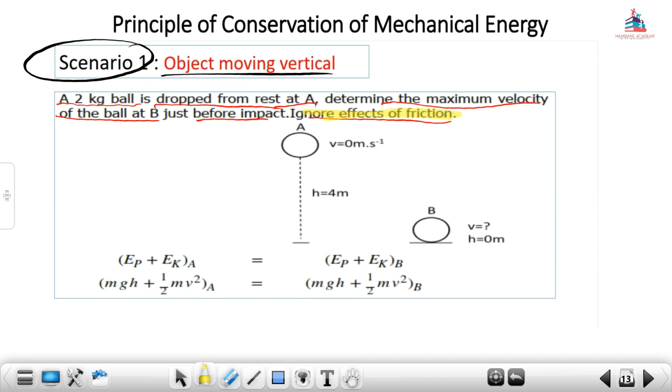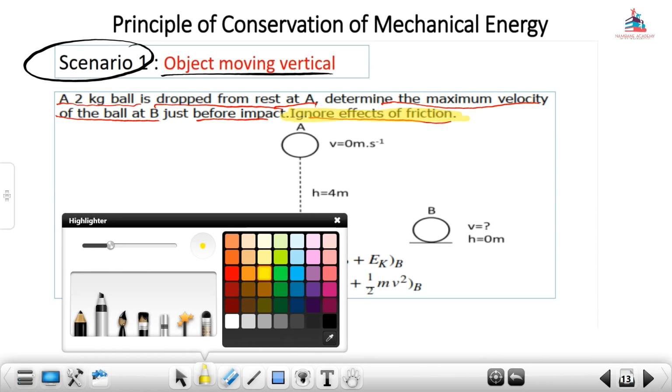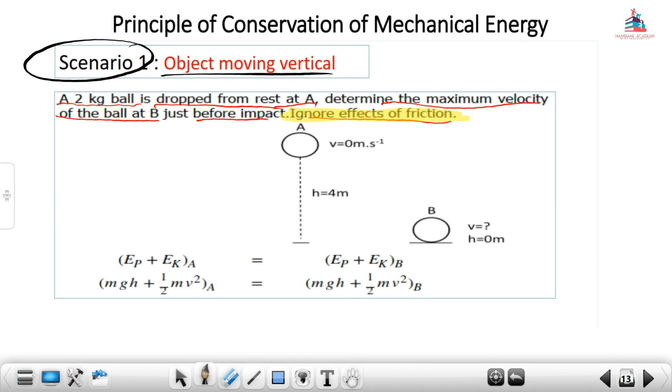Ignore the effects of friction. That is very, very key. Because what does this say? This basically says I am now in a position of applying my conservation of mechanical energy. So by that already I can fully know that the very first step that